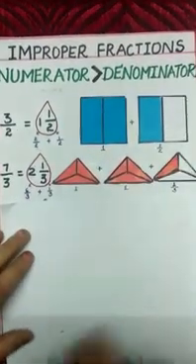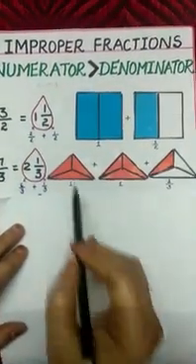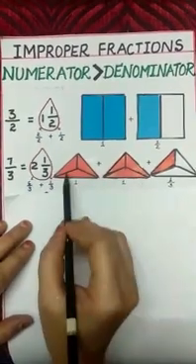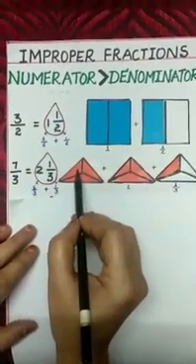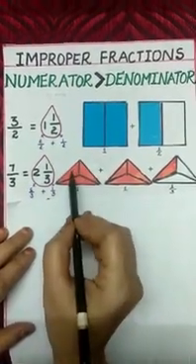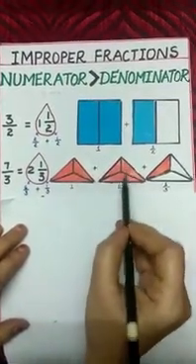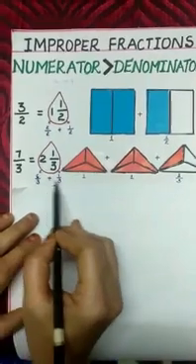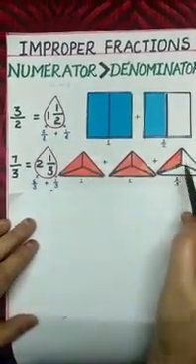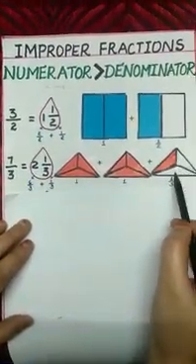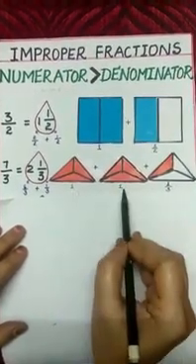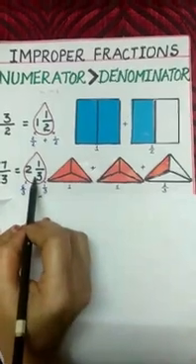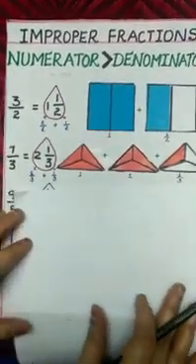Now you see how to represent through pictures. Take 2 wholes, divide each into 3 equal parts, where each part represents 1 by 3. How many 1 by 3s do we have? 1, 2, 3, 4, 5, 6. So 6 by 3 plus 1 by 3 means take the same figure and divide it into 3 equal parts and select one part, which is 1 by 3. So 1 plus 1, 2. 2 plus 1 by 3 is 2 1 by 3, which is equal to 7 by 3.